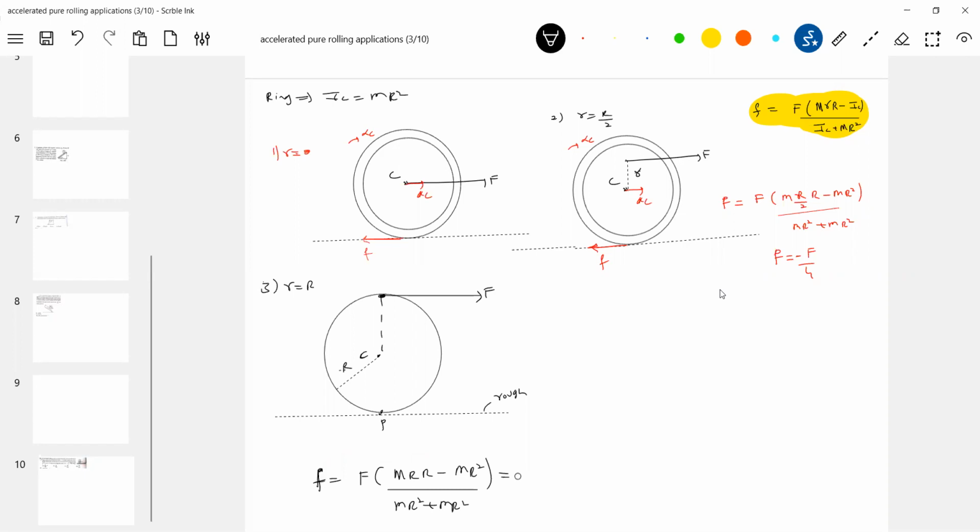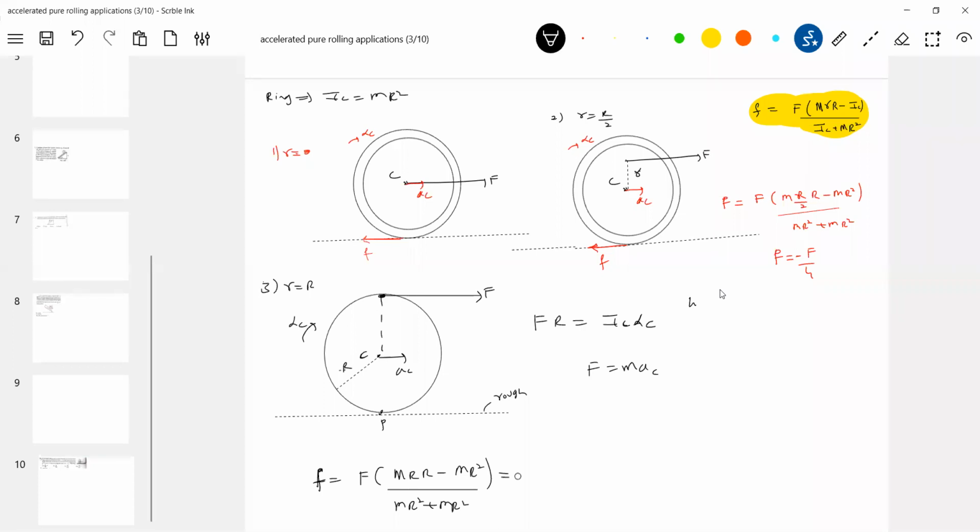Fine. So no friction force will act. Then, sir, who will rotate it? The applied force only. Acceleration of center of mass, this one. So what are the equations of motion? F into R equal to I_C alpha_C. Then a_C, or F, is equal to m a_C: the same force will produce translational motion. Means though the surface is rough, no friction.